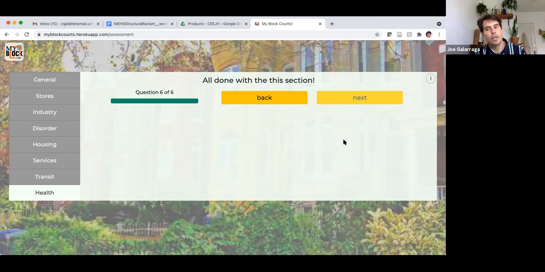So that's a very quick demonstration of how the survey instrument works, how My Block Counts works. And I think that there's certain sections such as this. How often are you going to encounter a dentist office on the block? Not very often, but if you have a dentist office on your block, you can see that would be a big amenity. And also knowing an area where there is a dentist office nearby is important in terms of your individual health. Anyway, does anybody have any other questions? We have about 3 minutes left.